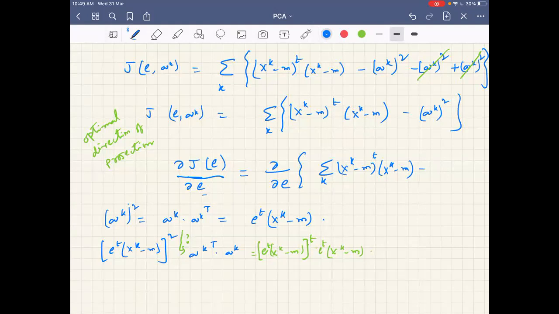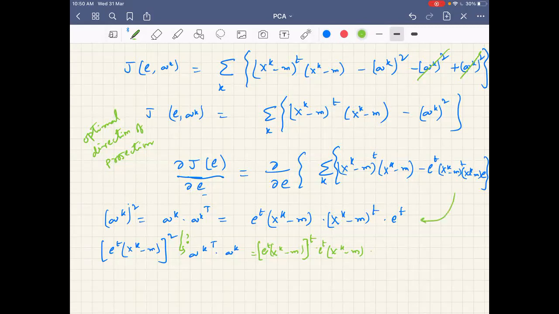Right. So now, AK into AK transpose, how do I write? Let me write directly (xk minus m) transpose into E transpose. Yes or no? I have directly written here. So this is AK. Now please note that I will write here E transpose into (xk minus m) transpose into (xk minus m) into E. So I have written this, and this expression is the same as this.